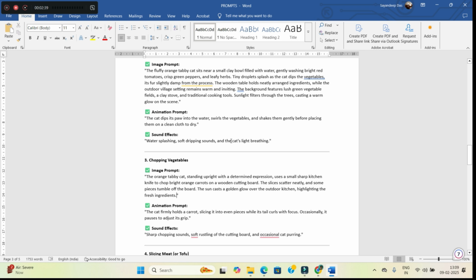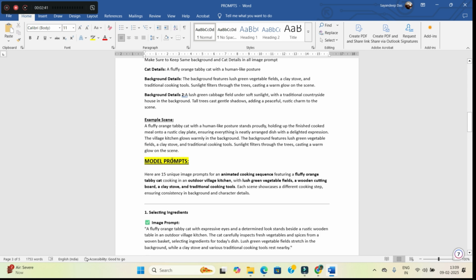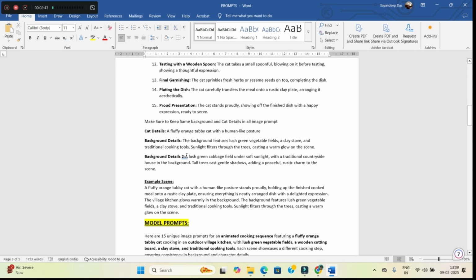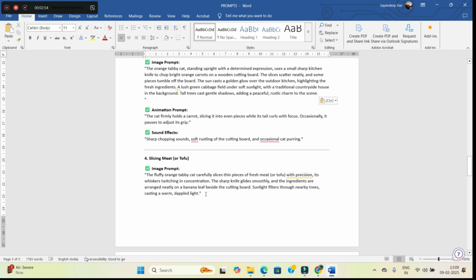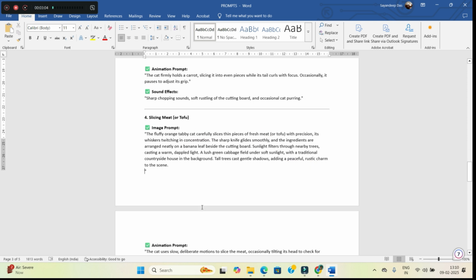If you want a similar kind of background, then you will have to copy the background. Let's suppose I'm copying this background type, and you will have to just paste it at the end of the prompt. That's it. Make sure your background is similar and the cat's description is similar in order to maintain a consistent character. The same way I'll have to give the backgrounds in all the images.